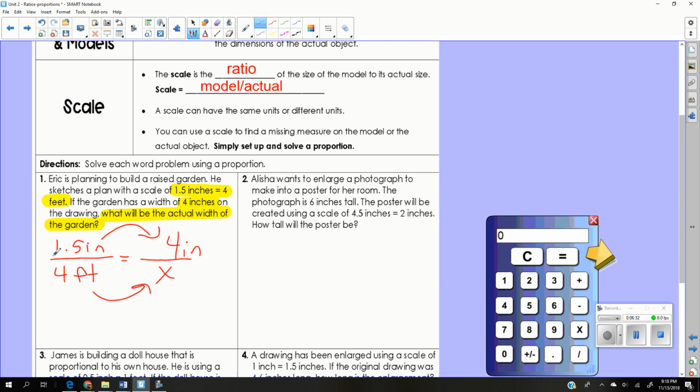So on your handy little calculator, we cross multiply what we can. We can't multiply 1.5 times x because we don't know what x is. That's what we're trying to find out. So we multiply 4 times 4, which you guys already should know is 16. And then we divide what's left over. What we have left over is the 1.5. So we divide by 1.5 and we get